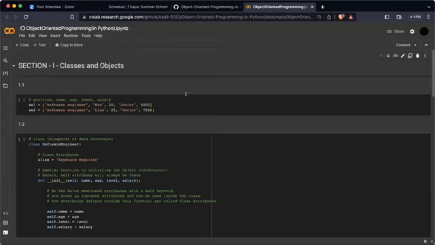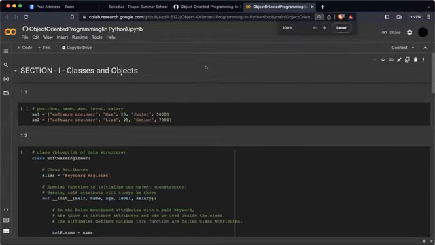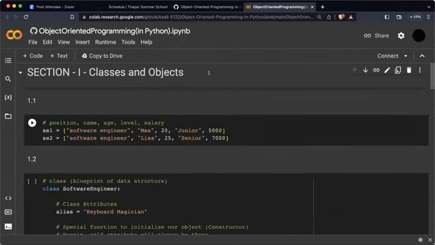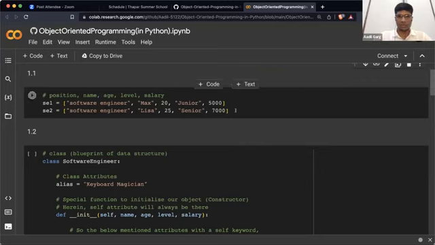So, is my screen visible to you all? Yes, sir. Should I zoom it or is it okay? Please zoom in a bit. Is it fine now? Yes, sir. All right. So,